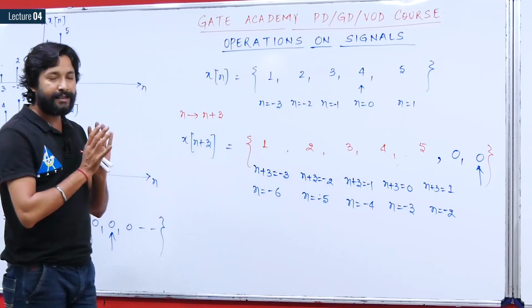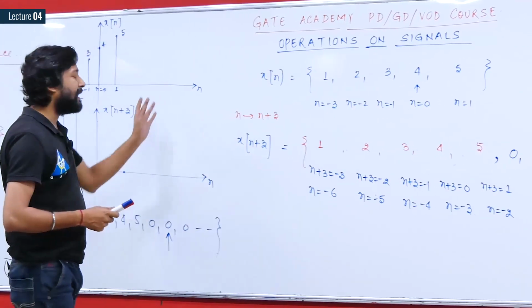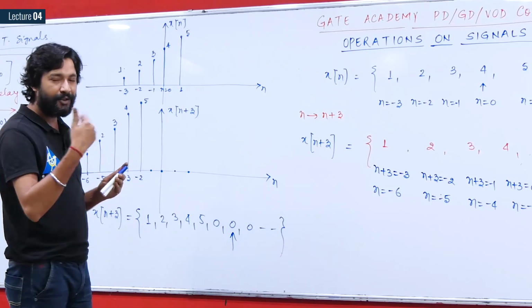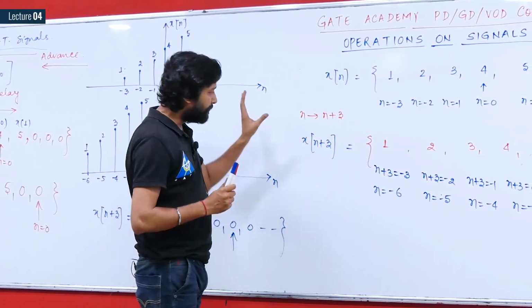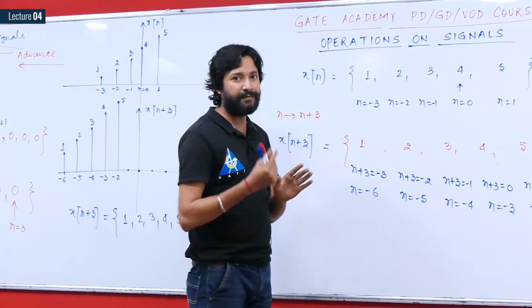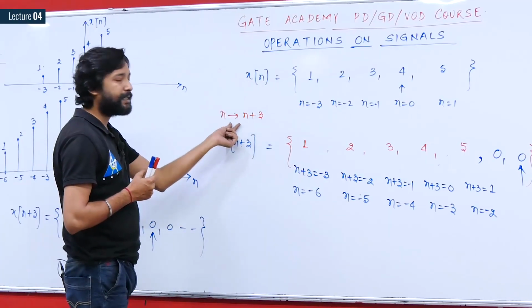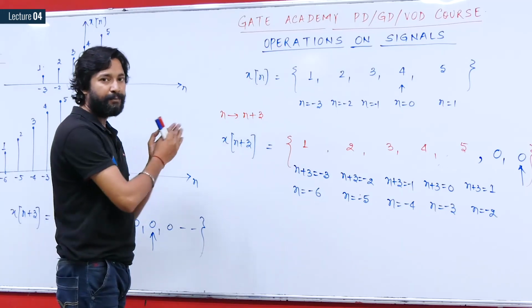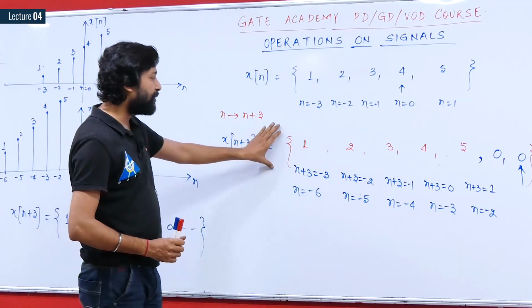So why are we taking this much time on this topic? Because these are the basics. It is not only the time shifting that I am going to discuss, it is the basic procedure. In any operation which is related to time, we are going to make replacements, and if you miss replacing any of the n, then the answer will be wrong. So you must be careful that if you are taking a replacement, then that replacement must be done for each and every value of n on both the sides, then only the answer that you will get will be correct. So this is the process of time shifting.